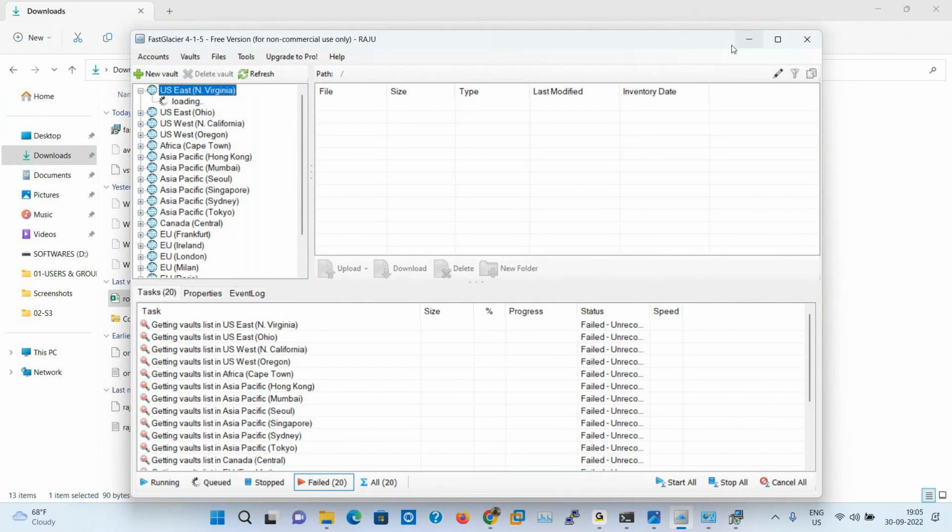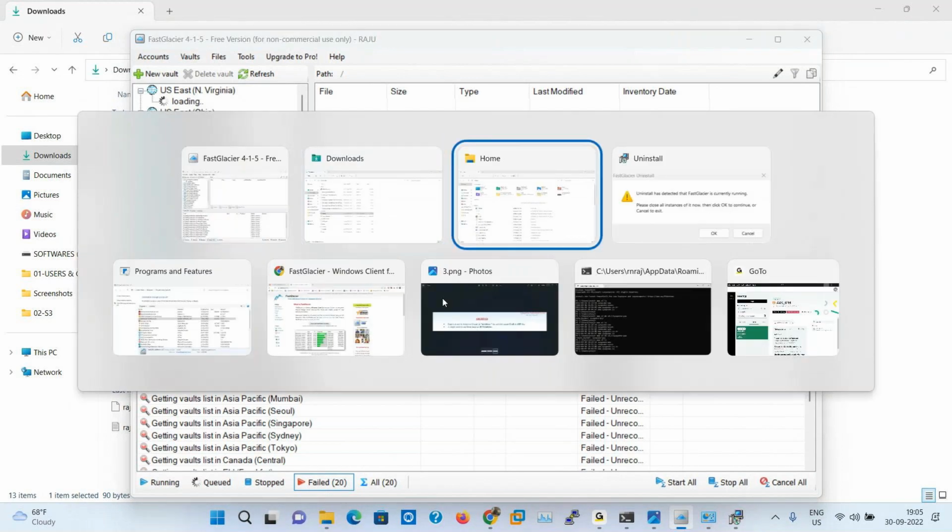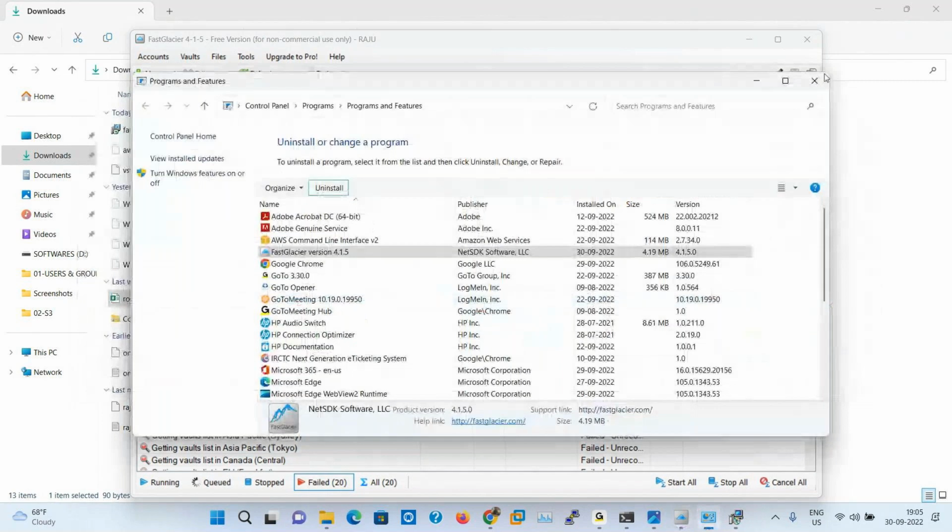Then you can select your vault name, and here are the upload and download options. With the help of the upload and download options, you can upload your data into S3 vaults. That is called S3 Glacier. You can upload and download only over the tools, but you can create and delete vaults through management console access.